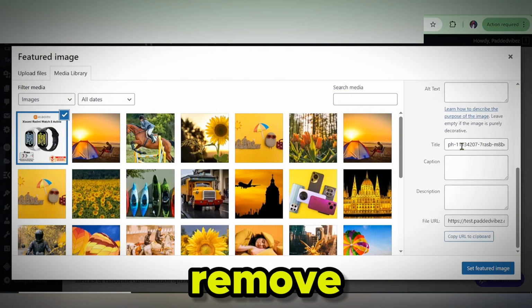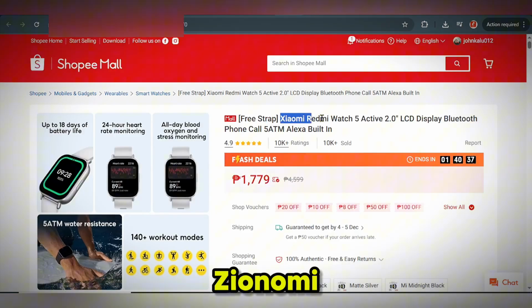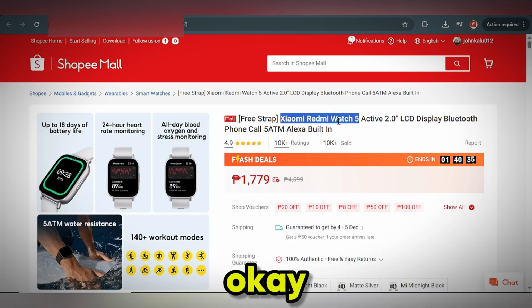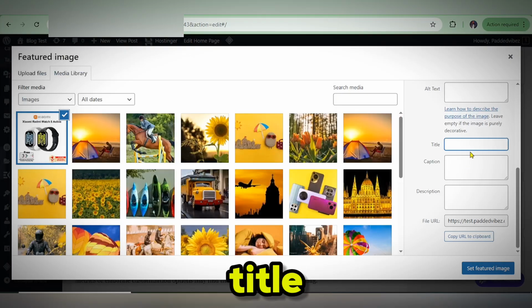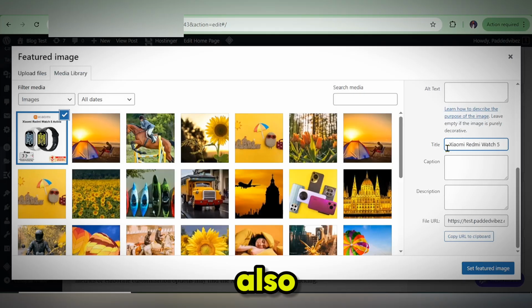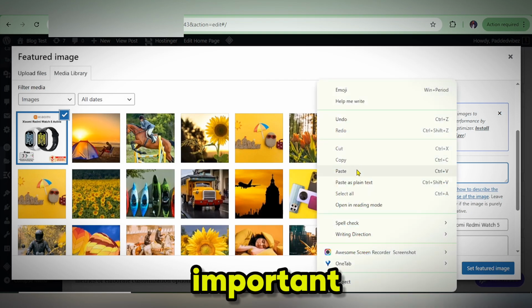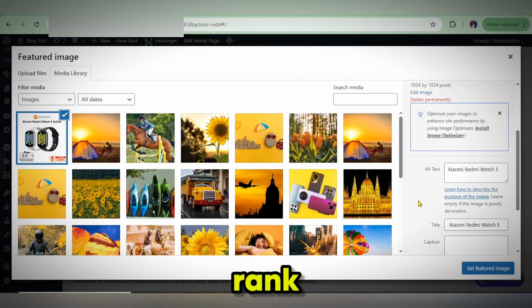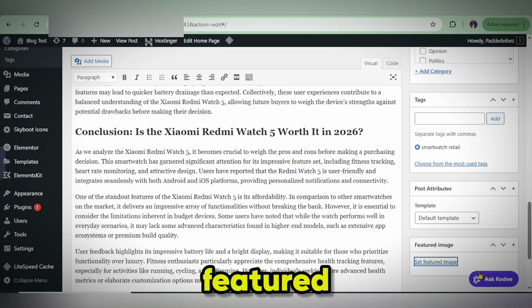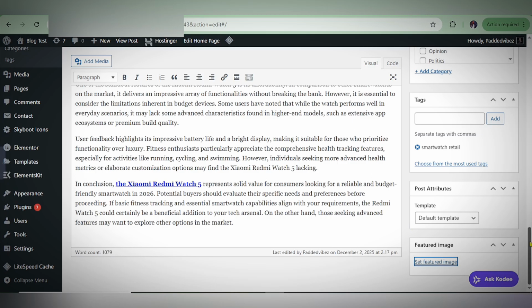Make sure you remove this title here, remove it, then go back to Xiaomi 5. That is going to simply be the title of this featured image. And also, don't play with your alternate text. This is very much important for your blog content to rank on Google. Then set featured image,